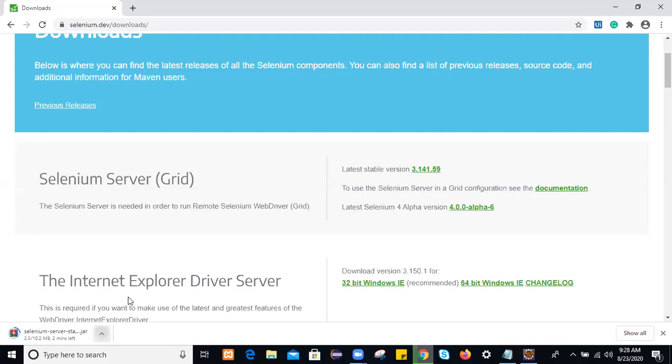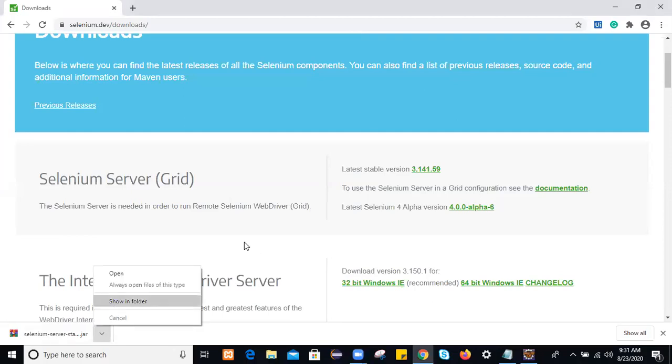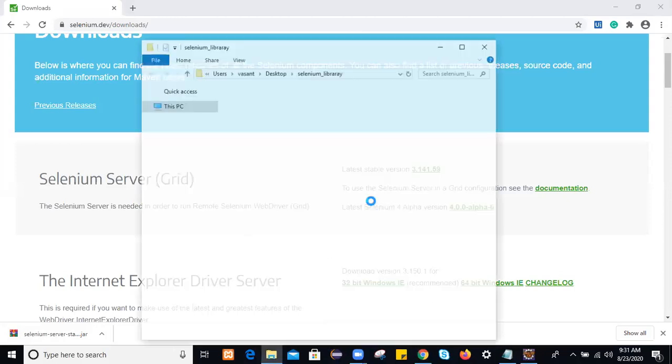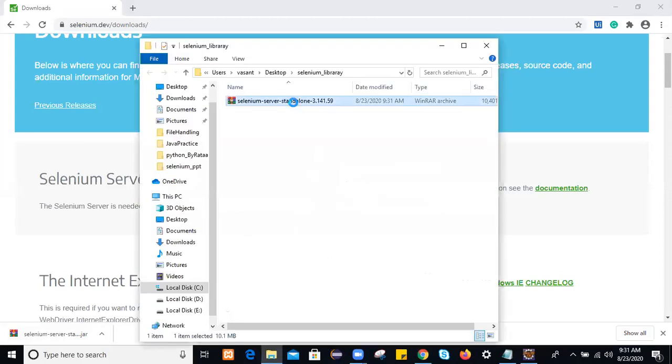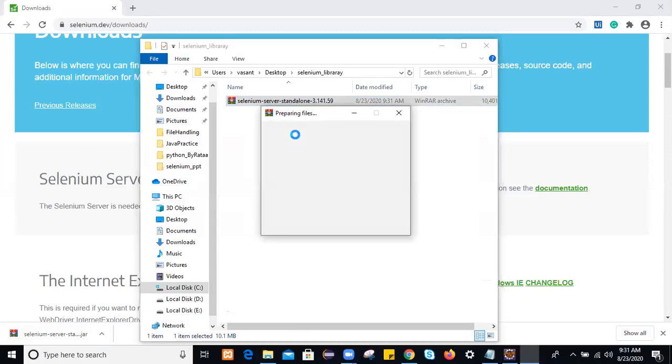It's taking time. Once you download it, just go to the location where you downloaded this file and unzip it. Just right click and extract all files, at that location only, extract here.